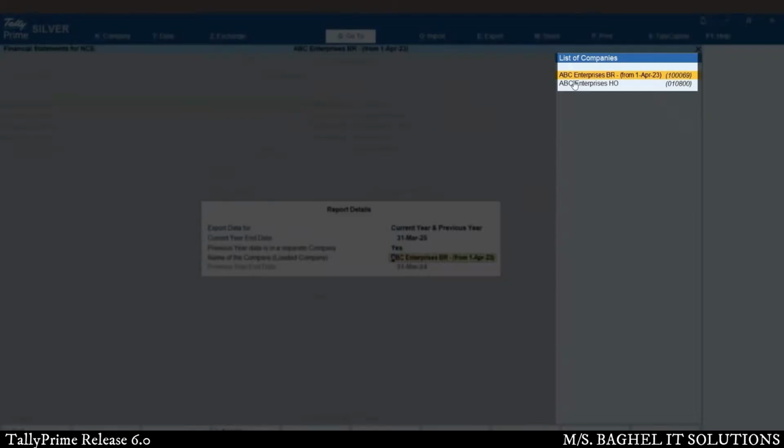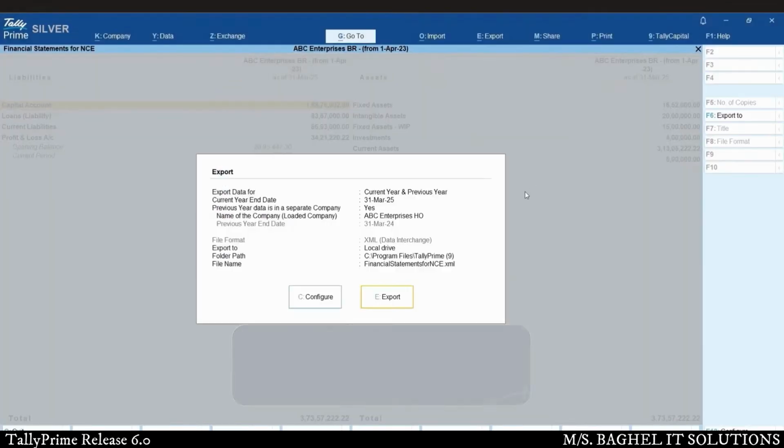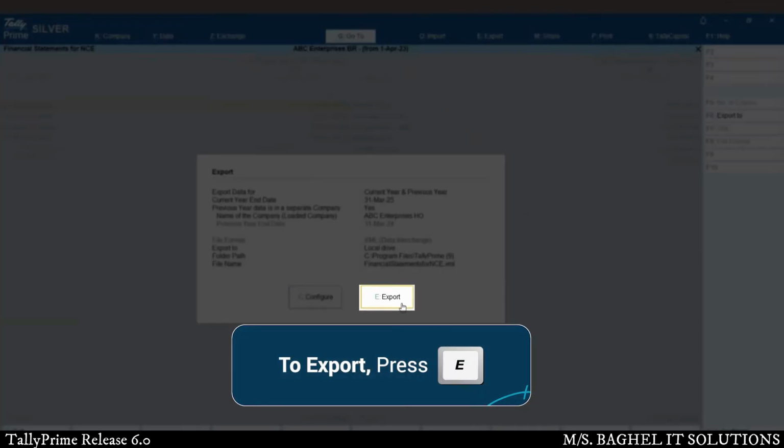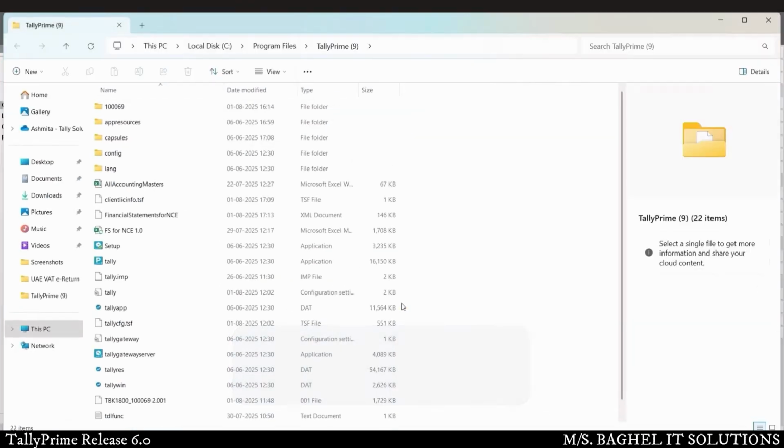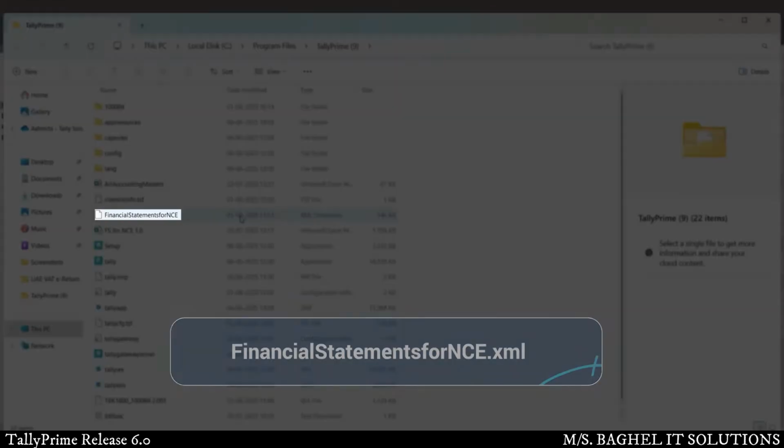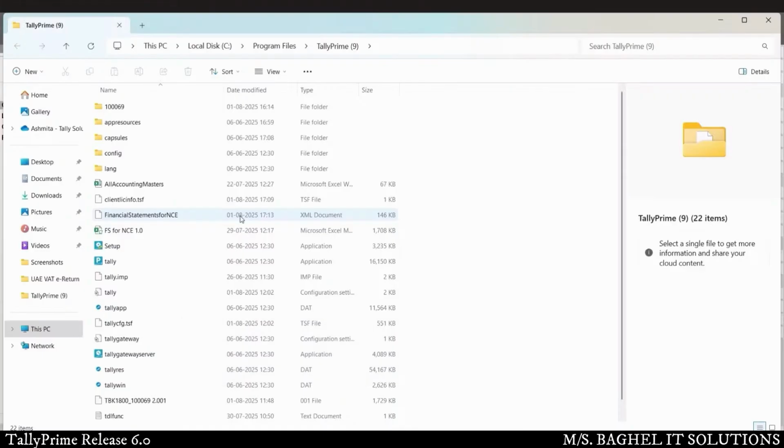Then, from the list of companies, select the company name. Previous year end date is updated automatically. Press C to save the file in XML format. It will be saved by default as Financial Statements for NCE.xml. You can rename the file to keep things organized.